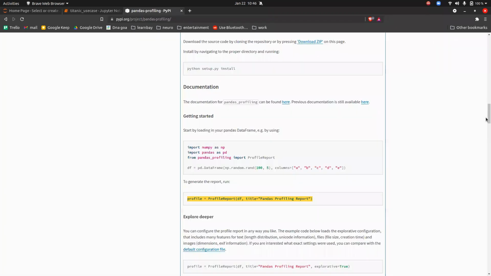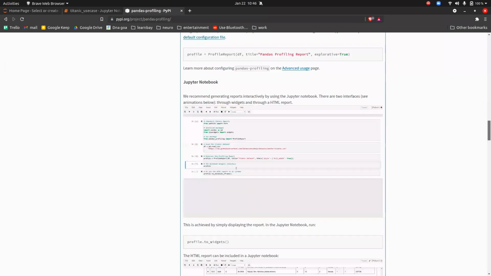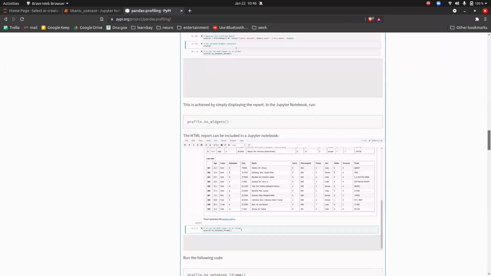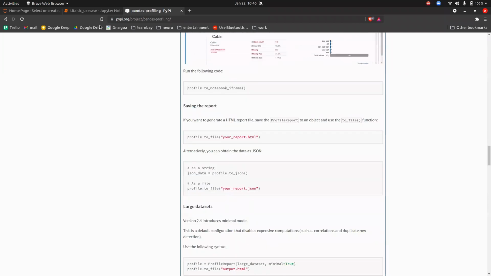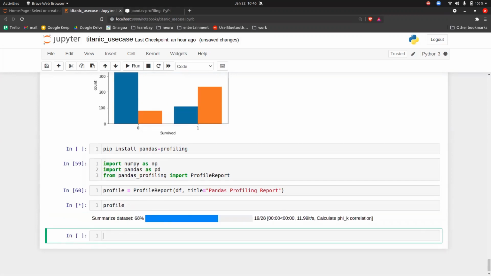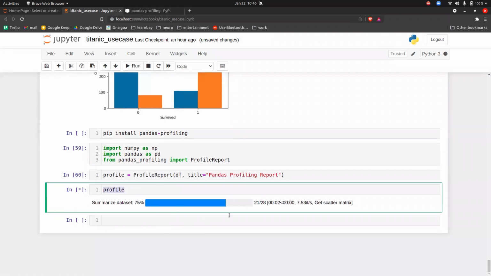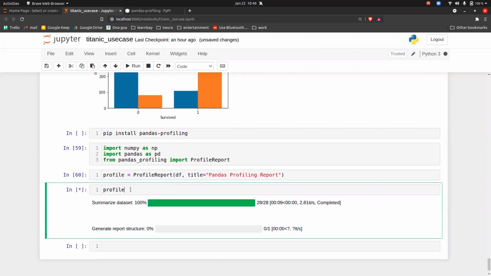Now if you scroll down and click on profile and execute it, see the beauty of this. It is calculating everything for you. Let it happen, then I will tell you.